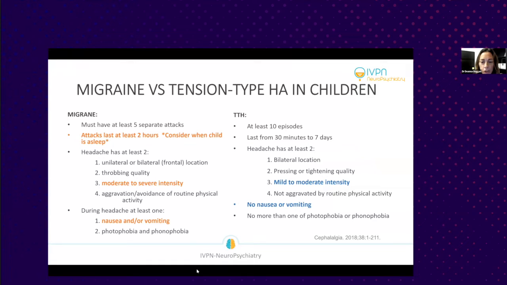As far as the location of the pain, according to the international classification as mentioned here, kids, even adults, may report pain unilateral or bilateral. But in my experience with kids, typically when you ask them to localize their pain, where does your head hurt the most? Usually the younger kids will point directly to the midline of their forehead or bitemporal areas. It's usually not until later on in adolescence or late teens that the pain kind of migrates and becomes more unilateral. Whereas with tension headaches, the headaches can be bilateral.